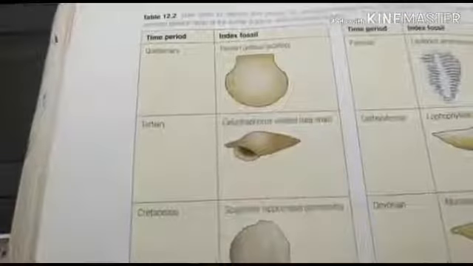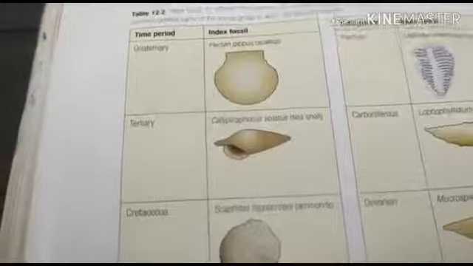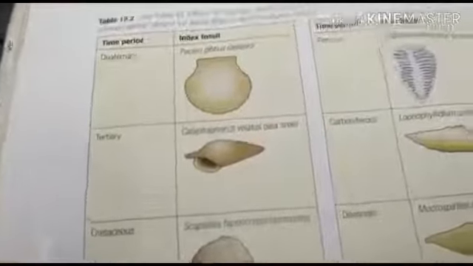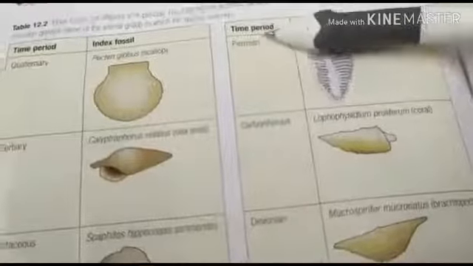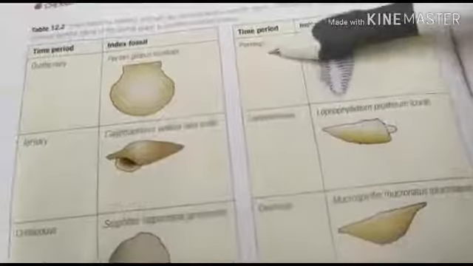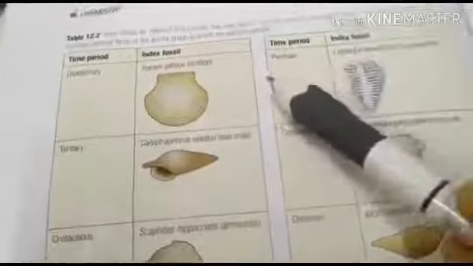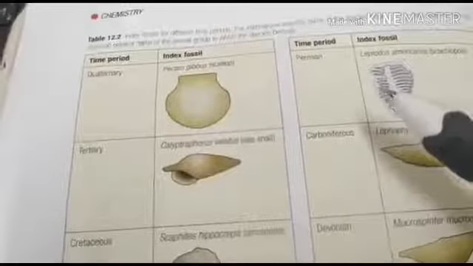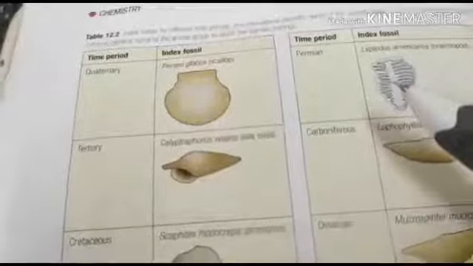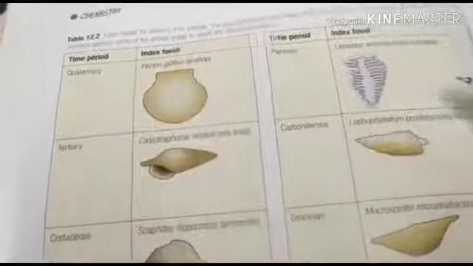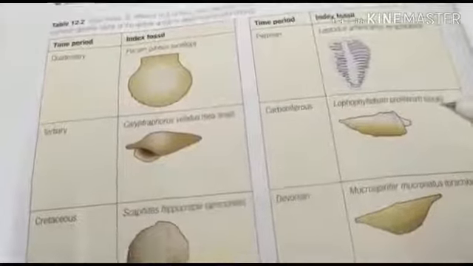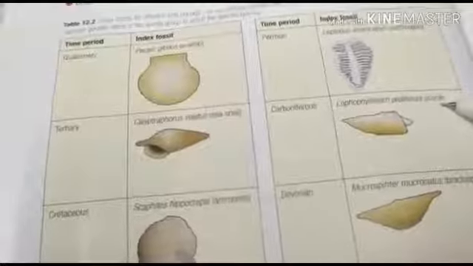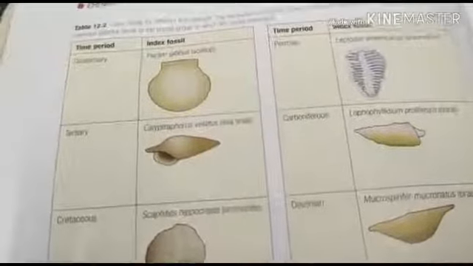The next one, if you found a rock layer with a brachiopod in it. So brachiopod were here. So this rock layer is a Permian rock layer. So this is the Permian one. What index fossil would you look for in the layer beneath? So which will be beneath this one? Coral. So coral will be the answer.